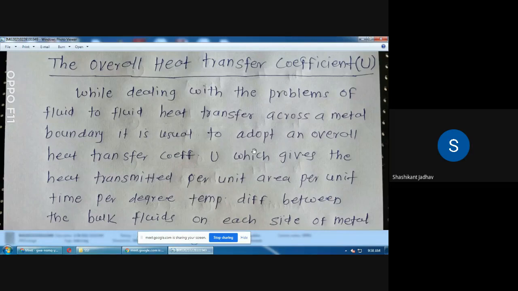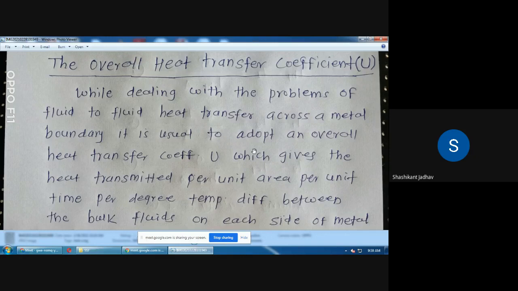While dealing with the problems of fluid to fluid heat transfer across a metal boundary, it is usual to adopt an overall heat transfer coefficient U, capital U. This is the notation for the overall heat transfer coefficient,